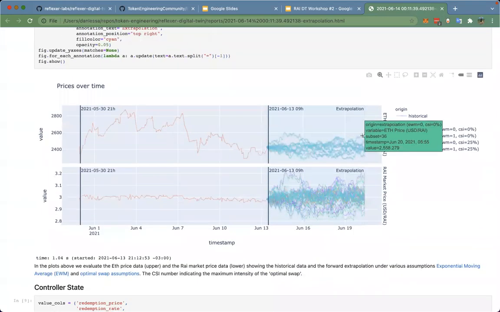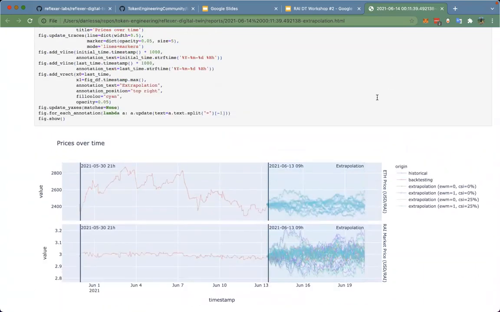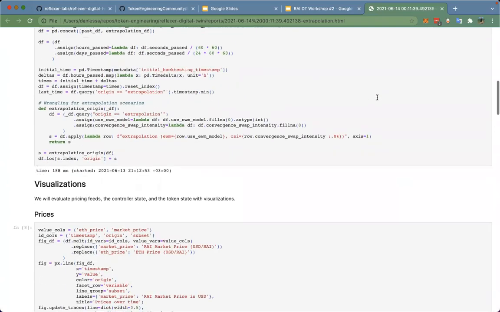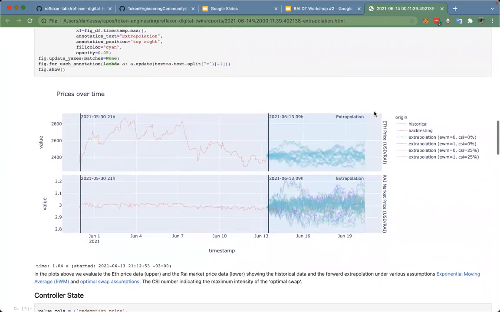A lot of people have already executed that, so they already know what it is. But just to walk through some of the things we have here, on the first one we have the Ethereum price in the past and also some extrapolations for it. We're going to go over how we compute that in workshop 3. But the idea here is that we have a stochastic process. We fit the data that we have available, and we use that to generate several samples of price scenarios that we could use as input in the other parts of the digital twin.